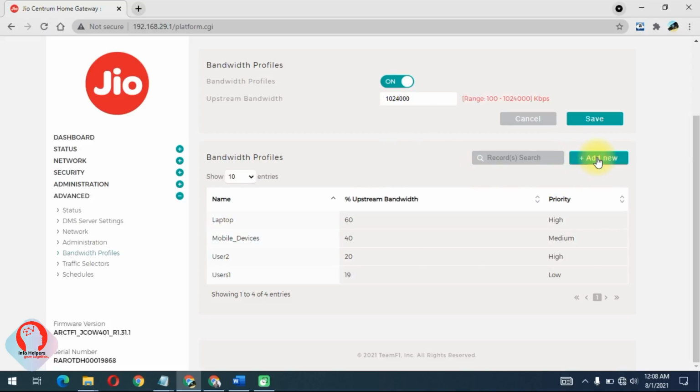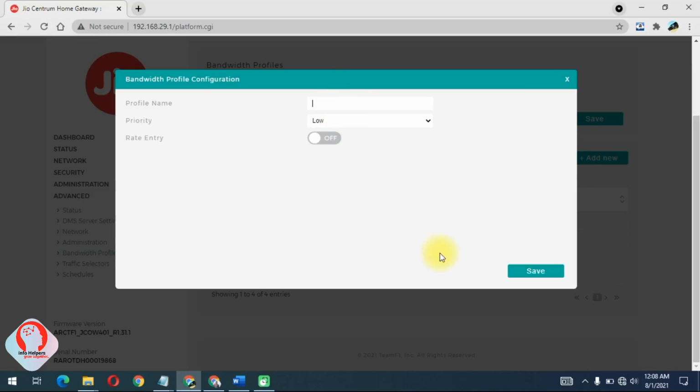To do that you have to click on add new profile and enter the profile name. If I have mobile users, and I want to make sure all mobile users connected to AP4 are in one profile, then the profile name is mobile devices. Then we will be enabling the